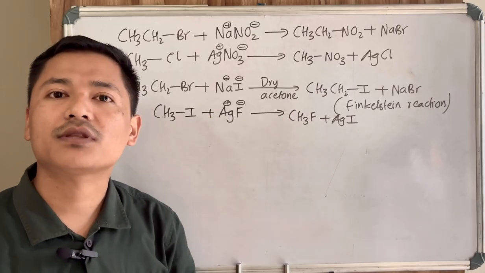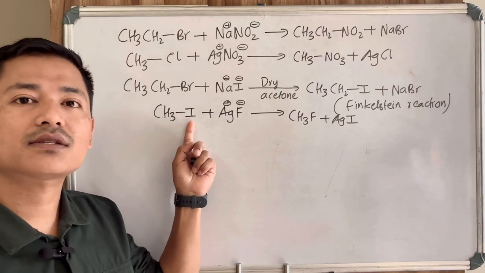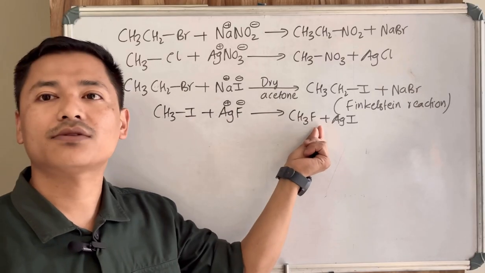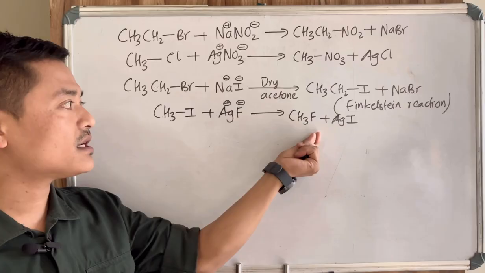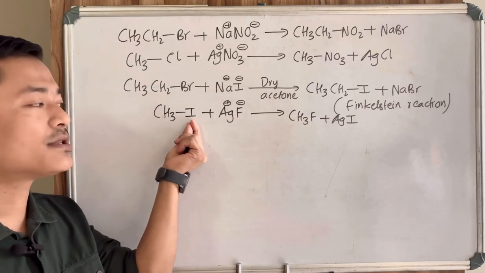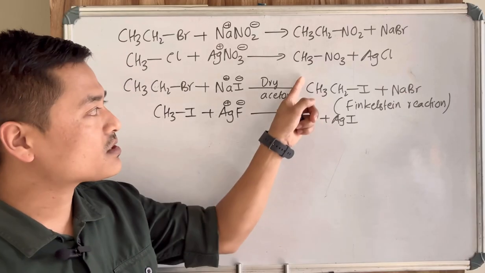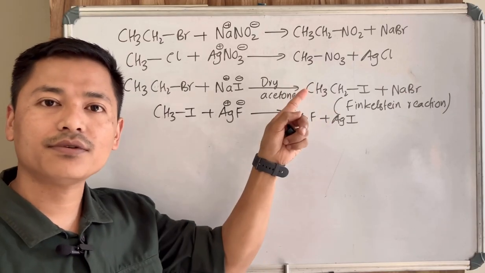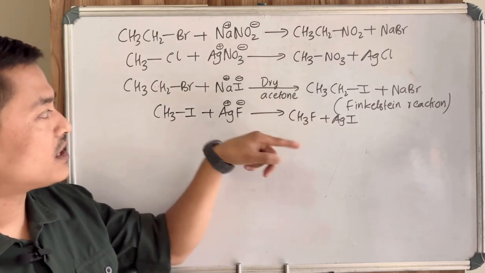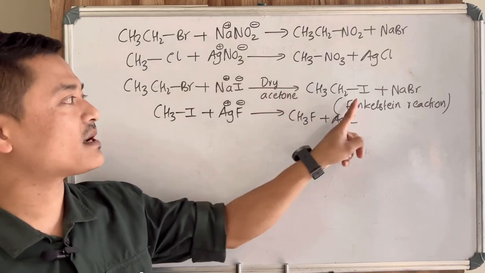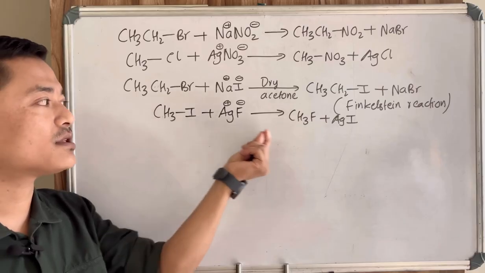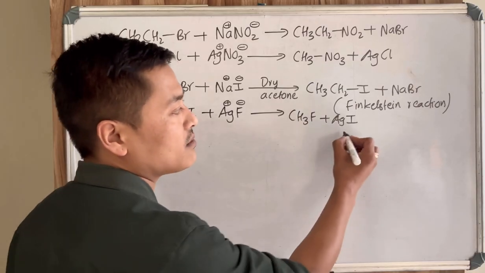But the difference between them is, here there is the largest halogen attached, but instead of the largest halogen, there is a smallest halogen present over here. That means there is an exchange of halogen occurring here also. But usually a larger halogen is being replaced by the smaller halogen, just opposite to that of the Finkelstein reaction above. In the above case, a smaller halogen was being replaced by the larger halogen. But in this reaction, a larger halogen is being replaced by a smaller halogen, and the name of this reaction is